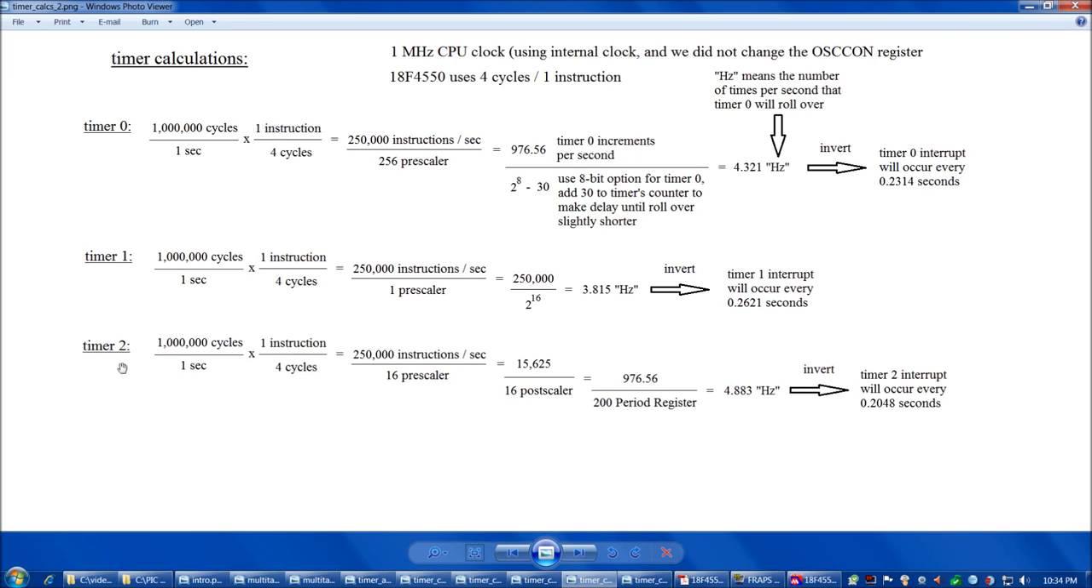So now let's take a look at our timer 2 calculation. Timer 2 is different than timer 1 in 3 ways. One way is that timer 2 is 8 bits, whereas timer 1 was 16 bits. Another difference is that in the case of timer 2, we have both the prescaler and the postscaler option. The third difference for timer 2 versus timer 1, and also how timer 2 is different than timer 0, is